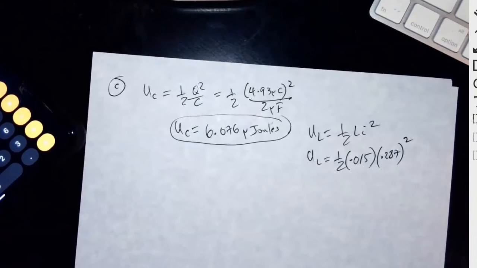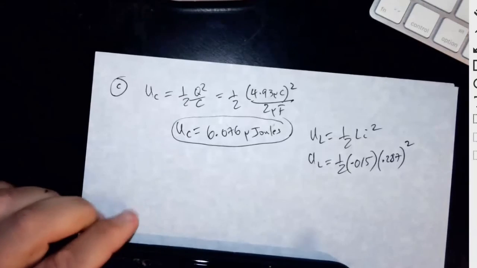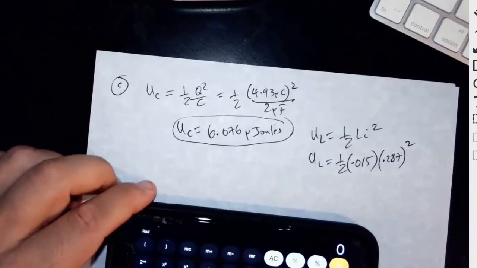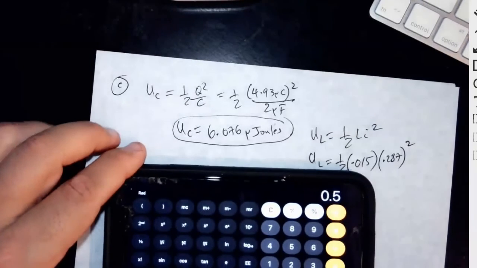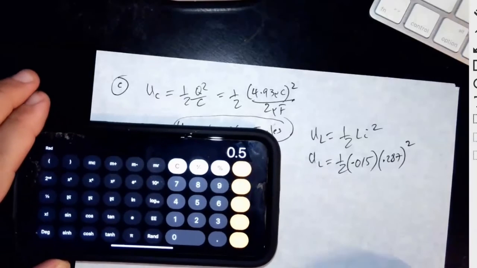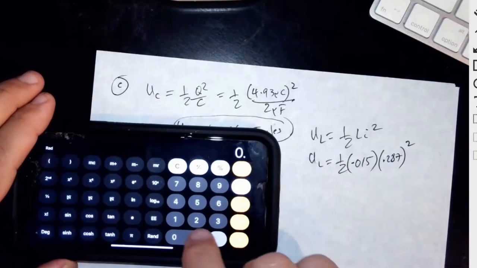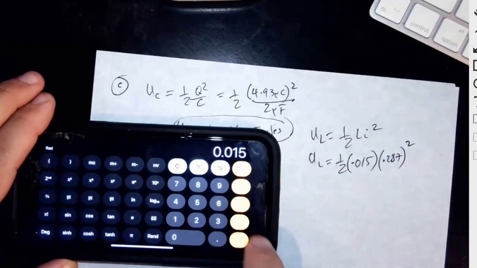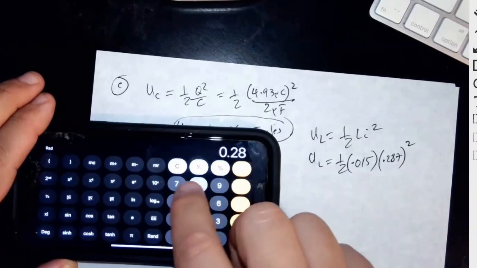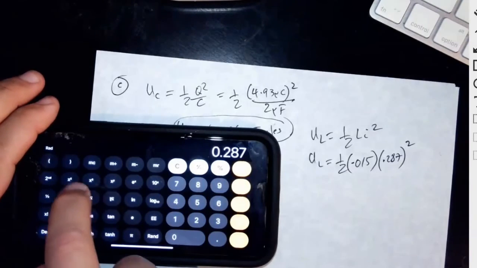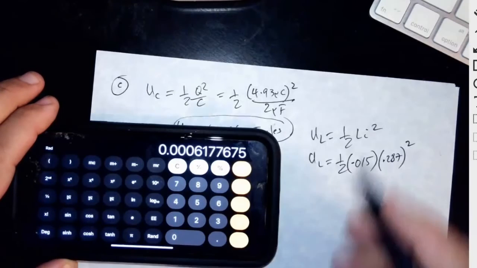So 0.5 times 0.015 times 0.287 squared equals,